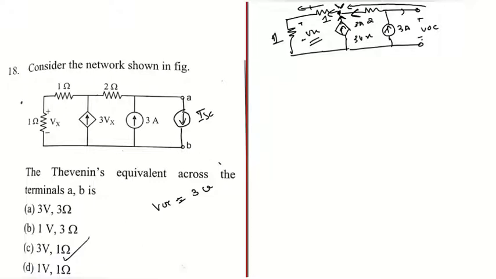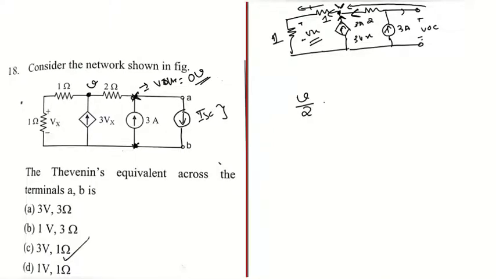Here also we are considering a node V, and writing the node equation over there, we will get V divided by 2. Since this is short circuited, this point is short circuited to this point. So the voltage over here is 0 volt. Okay, keep that in mind.